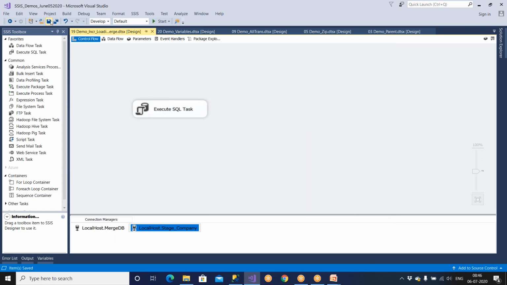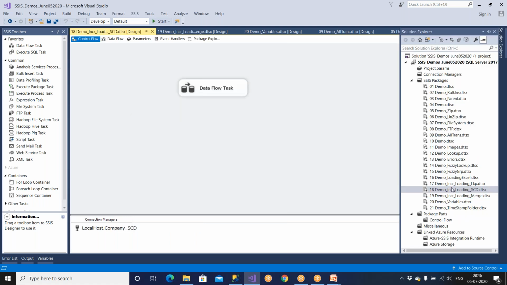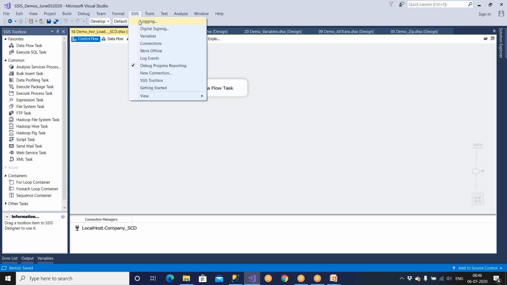That's it. Done. So logging is pretty much easy. Ready-made logging. Go to one more package. I would like to implement logging. See, less than 30 seconds. Go to the SSIS menu, logging,